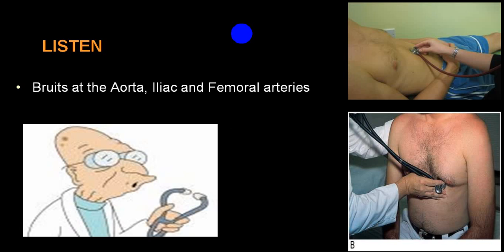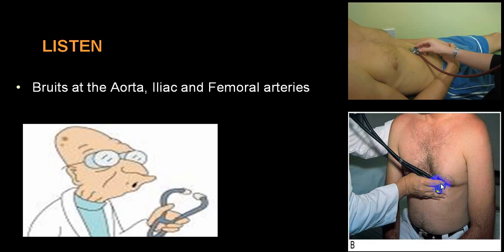Sometimes you can get a sound also on dilated veins, and if you put your stethoscope very gently on dilated veins, you can sometimes hear a sound. This is called venous hum. Say here you are trying to auscultate on an abdominal aorta, and if you hear some sound, we call that a bruit. This will be audible if there is a coarctation in a descending aorta, or if a person has an abdominal aortic aneurysm, or if there is a partial occlusion in the abdominal aorta because of a thromboembolism.